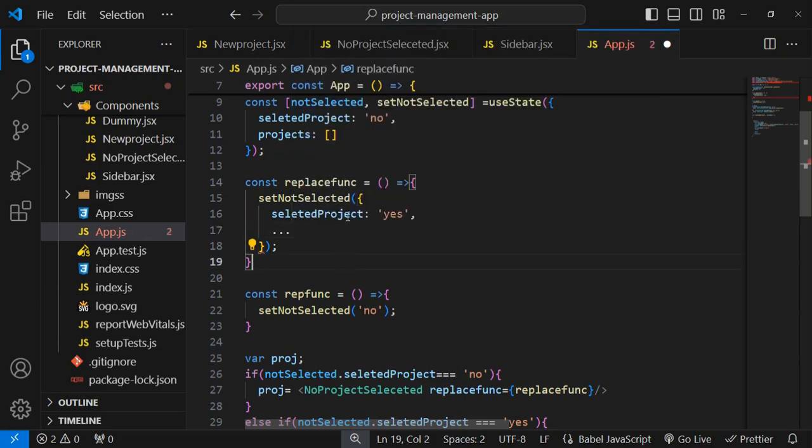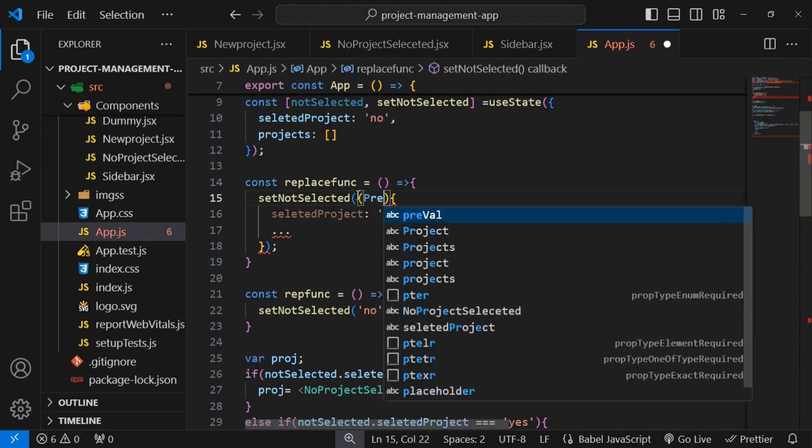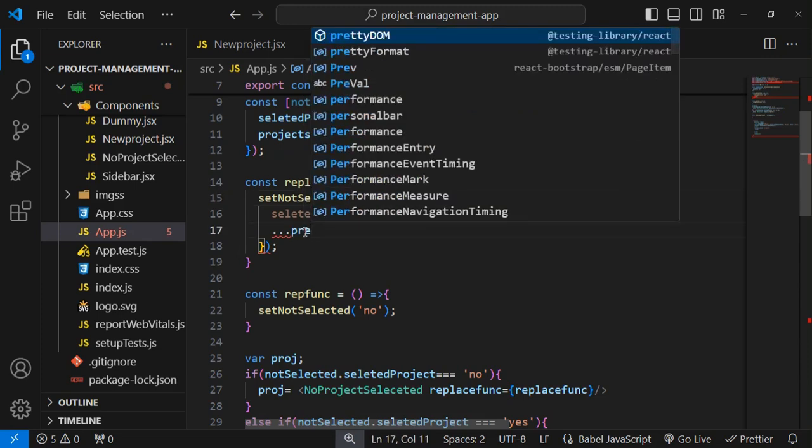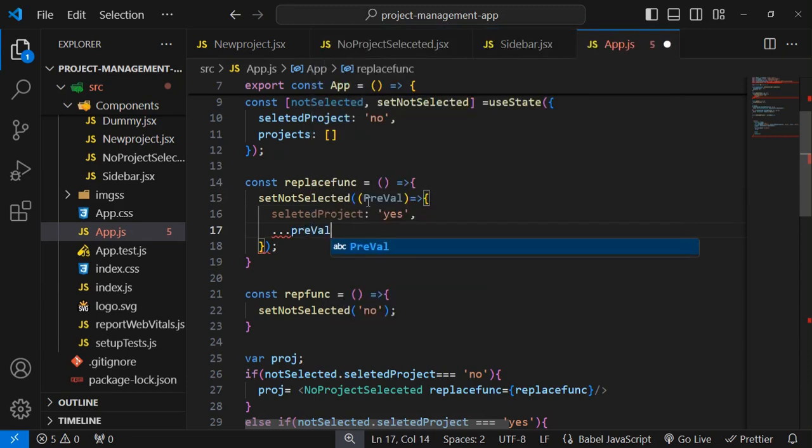So to pass all the values as it is, I'm just going to take here prevVal is equal to fat arrow function, I have to type the first letter as small,